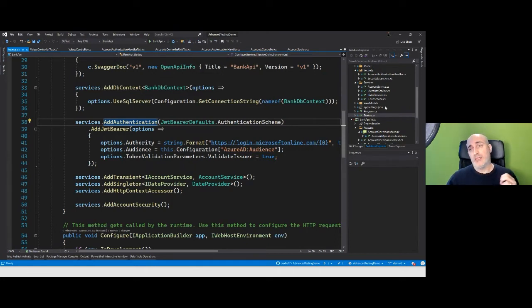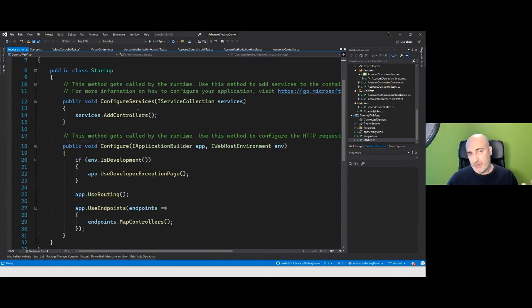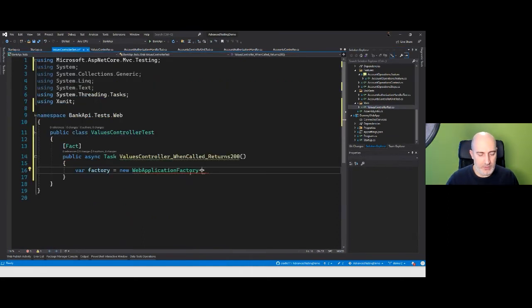So instead of doing that, what I've done is creating a dummy web application, right? Which is pretty much the same template as when you create an empty ASP.NET Core application, all right? Whose startup class is way simpler, right? It just configures some endpoints and that's it, all right? So let's do that. So I'm going to use dummy web app.startup,